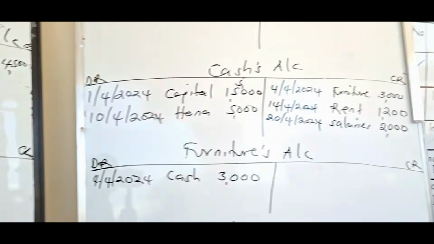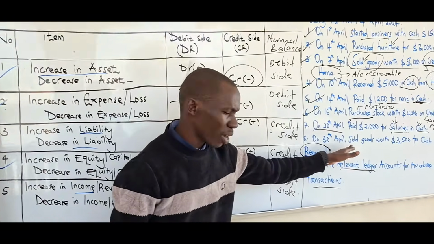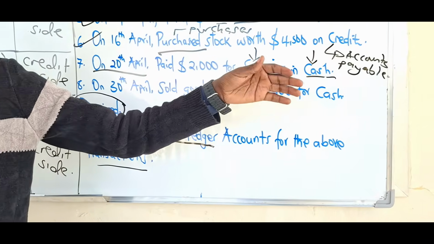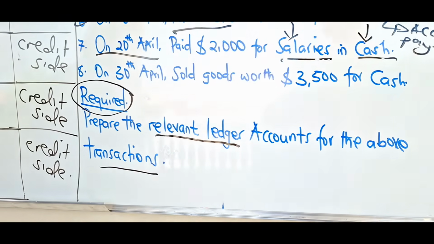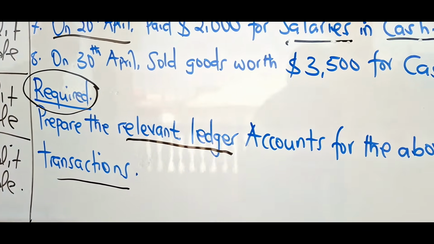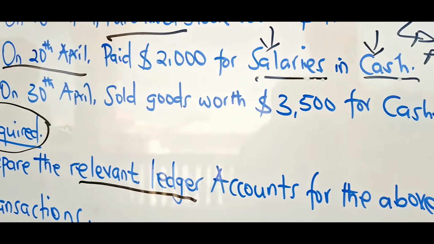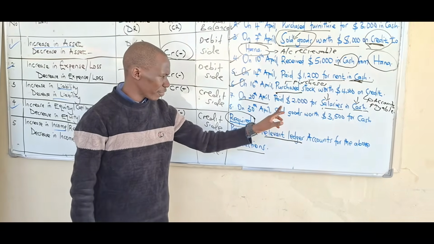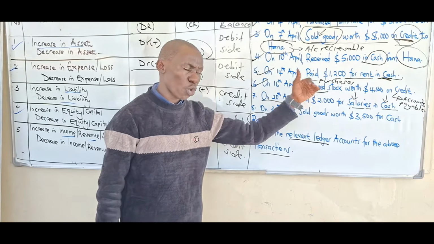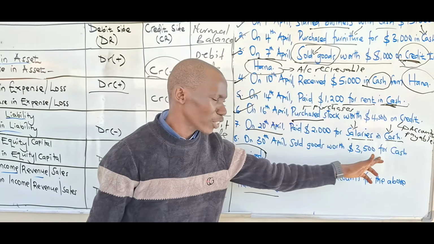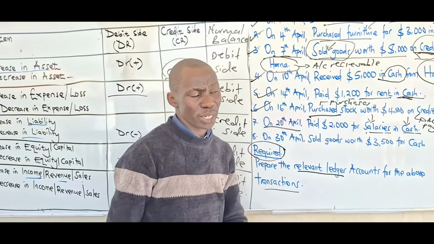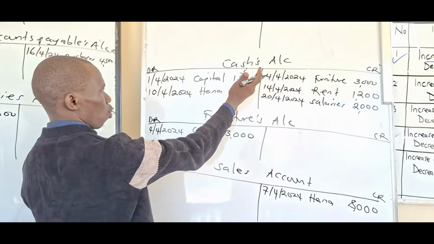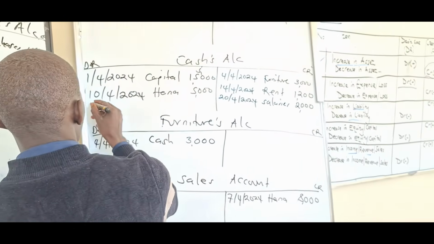Then we can look at 30th April. That's our last transaction. Sold goods worth 3,500 for cash. When you sell goods, cash is increasing, sales is increasing. So what do you do? You go back to our principle. When sales, or income, or revenue is increasing, you record on which side? And when cash is increasing as well, we put on the debit side. So since you are receiving cash from your sales, you come on the debit side of the cash account, that is on 30th,